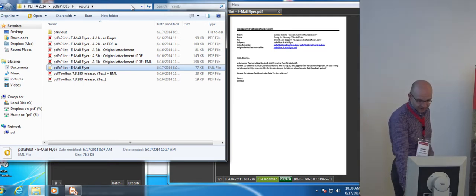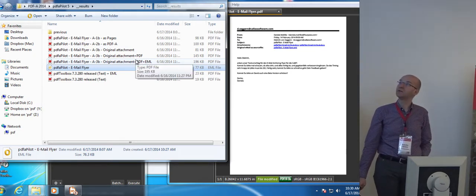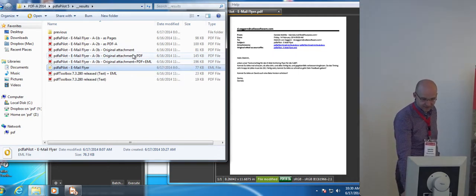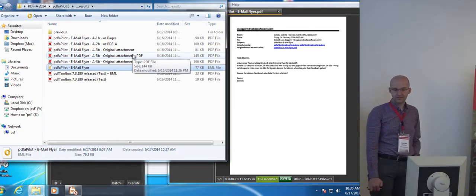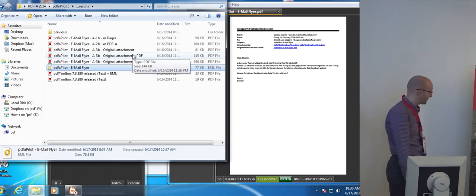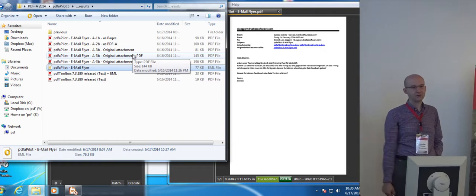When you do everything, converted to PDF plus original email and original attachment, it becomes quite a bit bigger. But in some cases it's not so much bigger, depending on the file structure. Emails are normally encoded in 7-bit, I think, which is quite large, and PDF uses quite good compression inside.